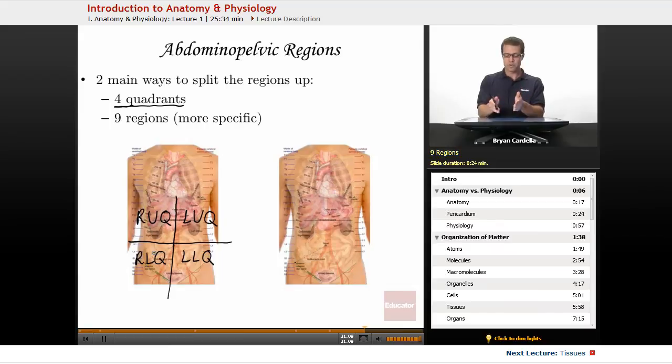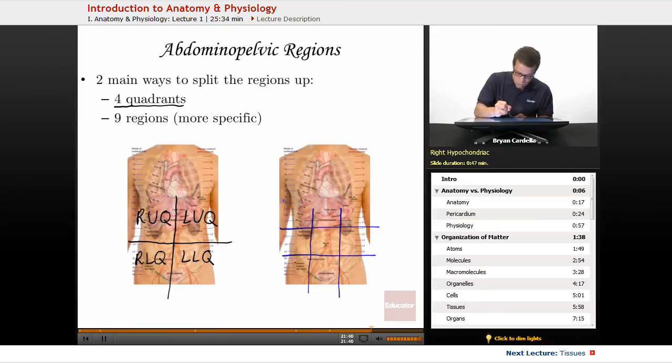Then when we move on to this particular one here, we can divvy it up into 9 regions. Let's use blue for that. Looks like tic-tac-toe. Those are the 9 regions. So let's start with the superior parts. Right here, remember, it's the right side, even though to us looking at it, it's the left. This is the right